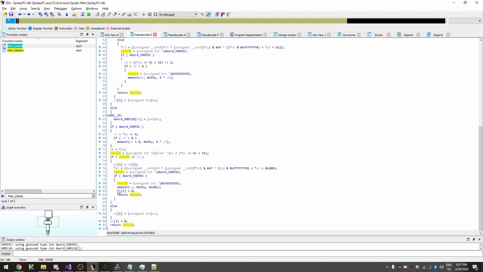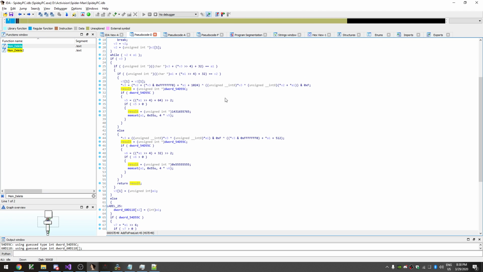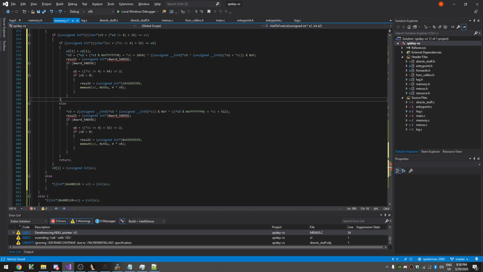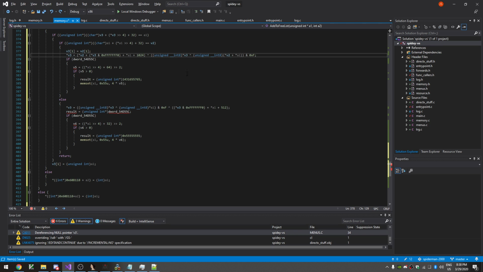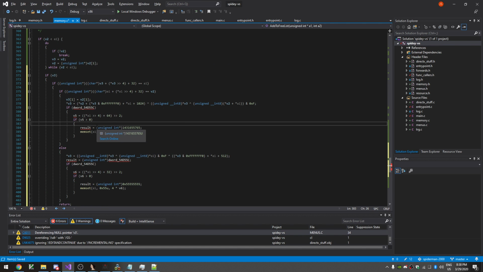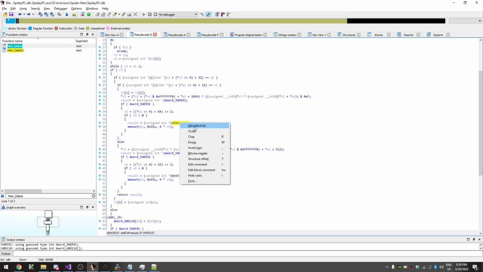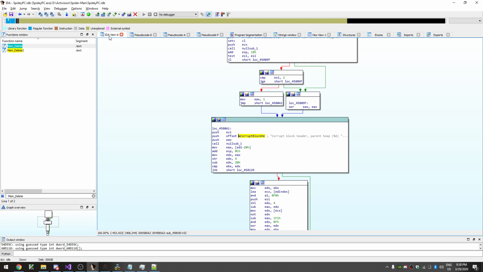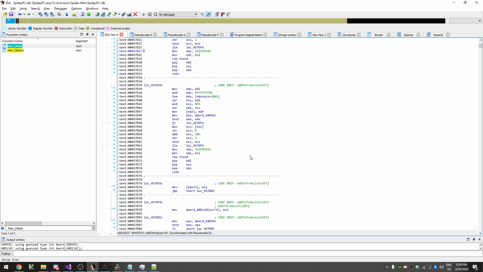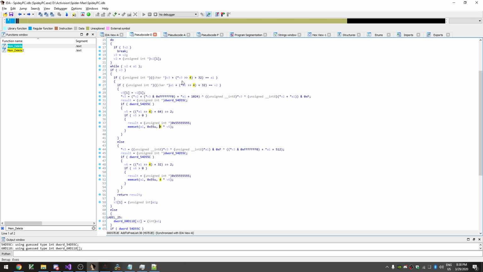It's just some bad optimization. You can see result not doing anything, so we can remove this. There's no point to this, right? They converted it to a memset, so